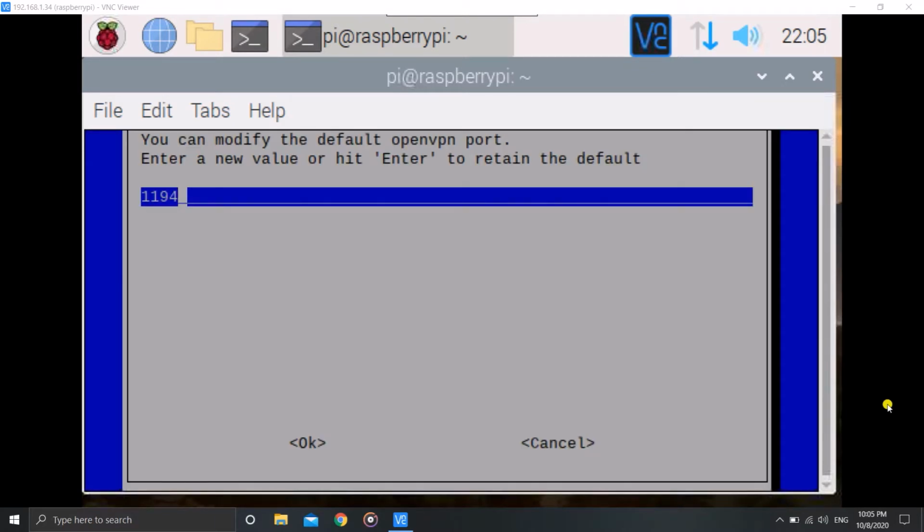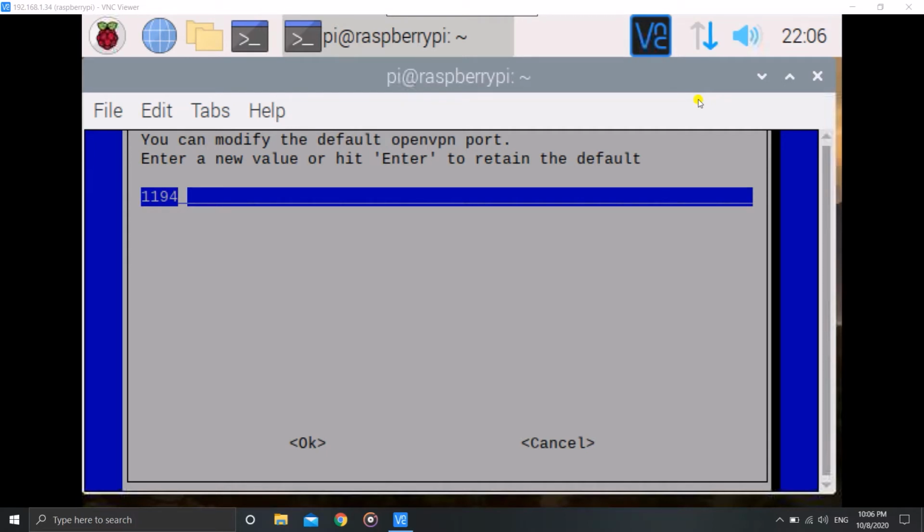Yes, so now the port, you have to remember this port. Just don't change it unless you have another VPN server set up at home. Just don't change it because 1194 is basically not used by anything else. So just write it down if possible, if you can't remember things. And yes, please do write down the IP address of your Raspberry Pi also. That's important, I forgot to tell you all. You can do that still, so I am telling you all, just do write it down. It will really be useful if you haven't got a good memory.